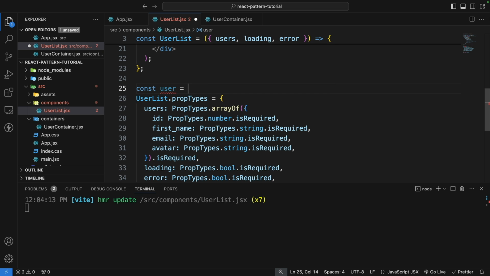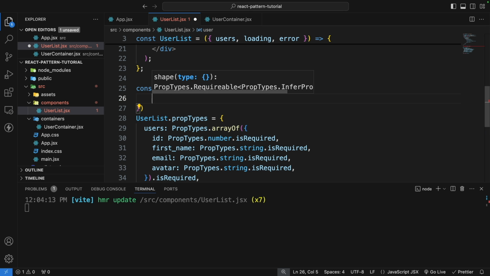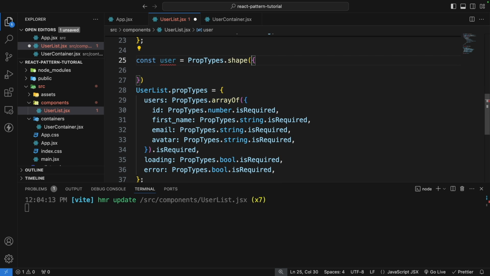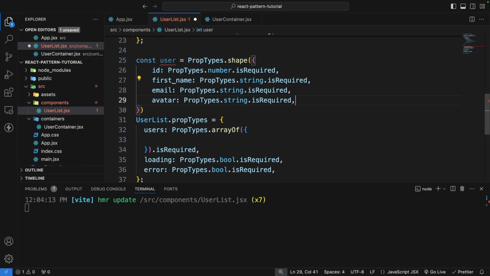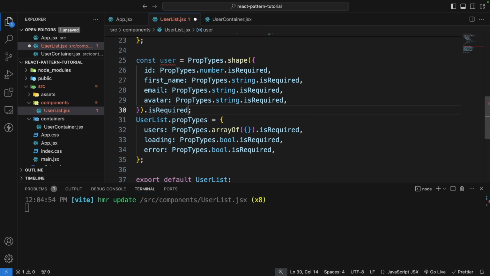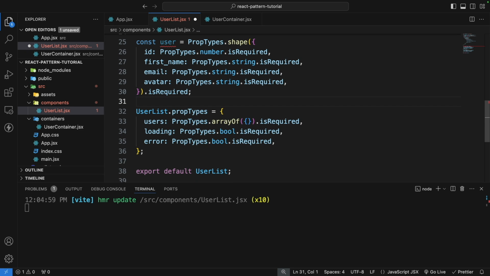constant user here, and this user will have the prop type dot shape. This is going to define what shape of data the user will have. So we can just change this. I'm going to remove this, cut it and put it here. All right, and here I'm going to have it as is required, and we can just simply use the users